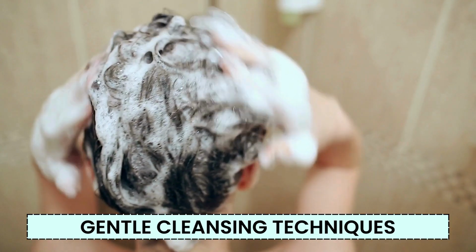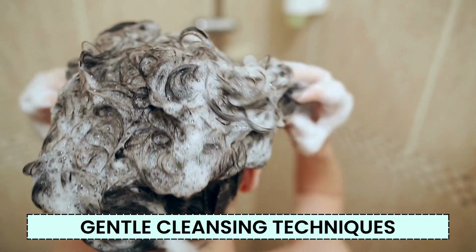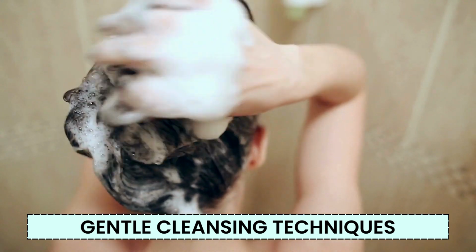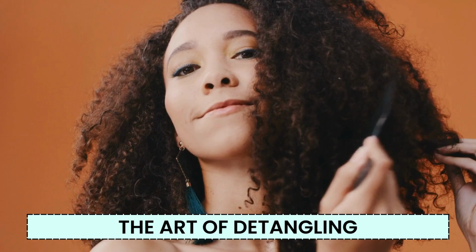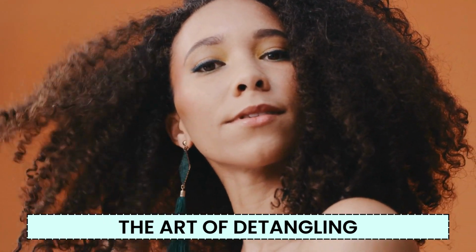Cleanse with care. Family Hair Care's sulfate-free formula is your ally for a gentle yet effective wash. Remember, clean hair is happy hair, and happy hair curls better. Detangling can be a breeze with the right technique. Apply Family Hair Care, and use a wide-tooth comb, and start from the ends, working your way up for effortless